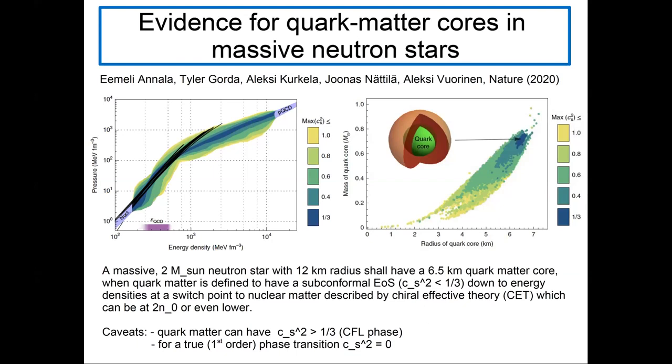The caveat is that quark matter can well have also a speed of sound which exceeds 1/3. And for instance, in the color superconducting CFL phase, we know that. And there, of course, it depends on the strength of the coupling, which is non-perturbative and is not well known. It's a model quantity. And on the other hand, if we would not base our constructed equation of state on some piecewise polytropic or on some interpolated equations of state,